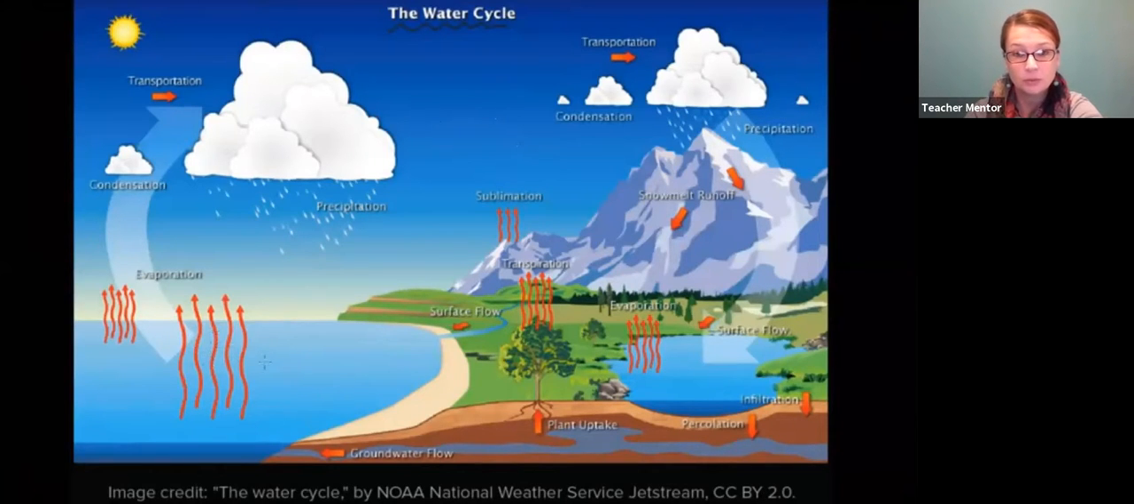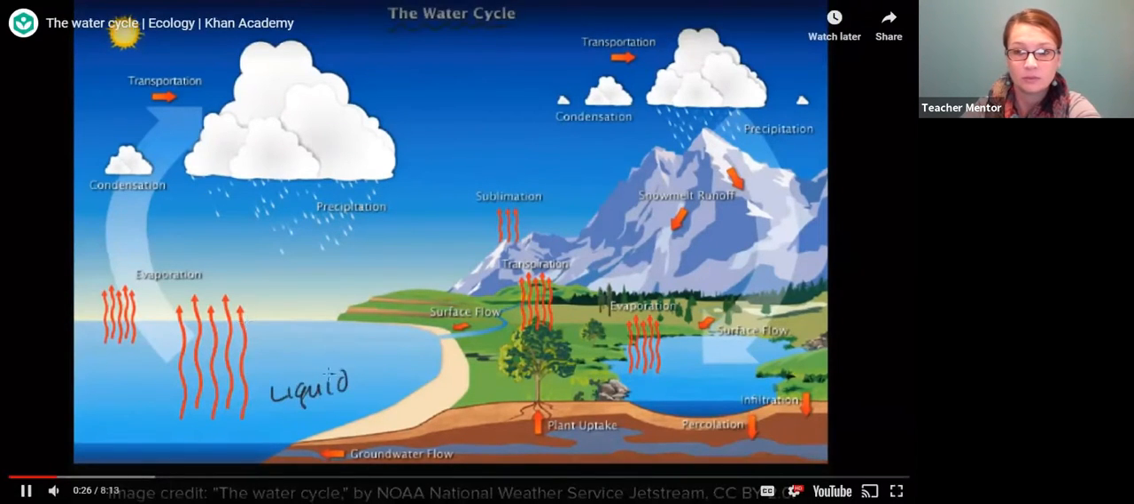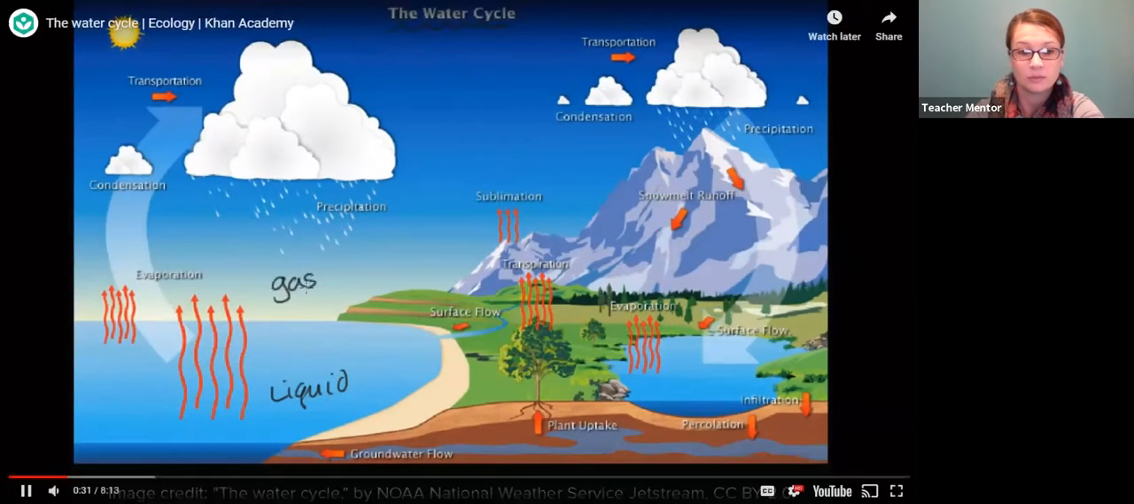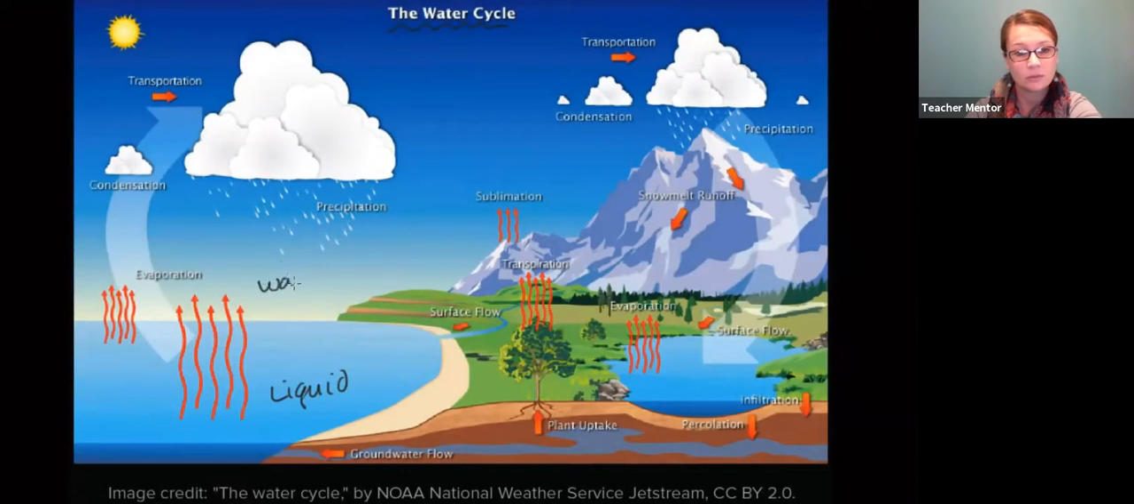I'll start with evaporation. So we could start with the surface of the ocean here, or this river, or this lake. And at any given moment, there's going to be water evaporating off of that surface. Water molecules that were in their liquid state just have enough energy to bounce away and go into the gaseous state. And water in a gaseous state we call vapor, water vapor. And so that water vapor is going to rise likely with the air that has been heated